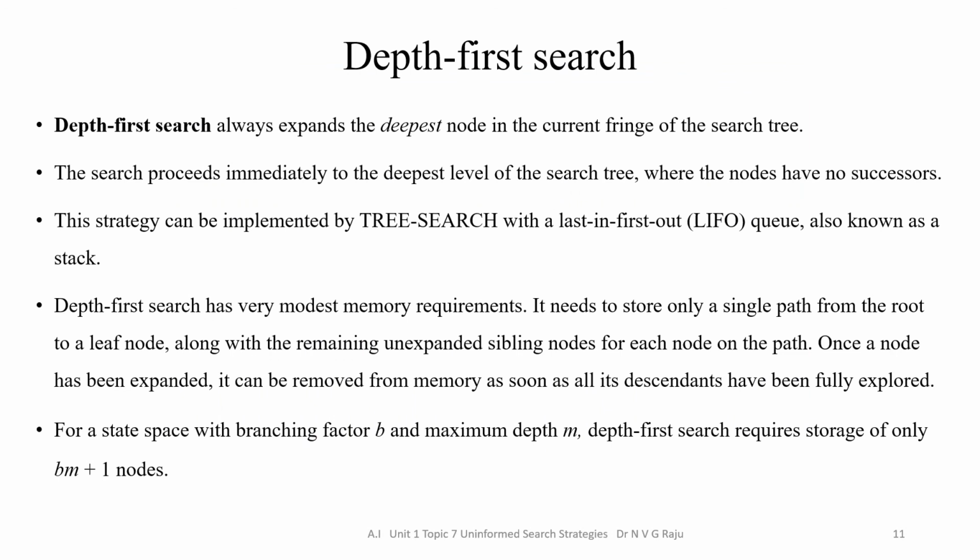DFS always expands the deepest node in the current fringe of the search tree. The search proceeds immediately to the deepest level of the search tree where the nodes have no successors. DFS uses LIFO as data structure, that means a stack. DFS has very modest memory requirements. It needs to store only a single path from root node to leaf node. For a state space with branching factor b and maximum depth of m, DFS requires the storage of only b multiplied by m plus 1